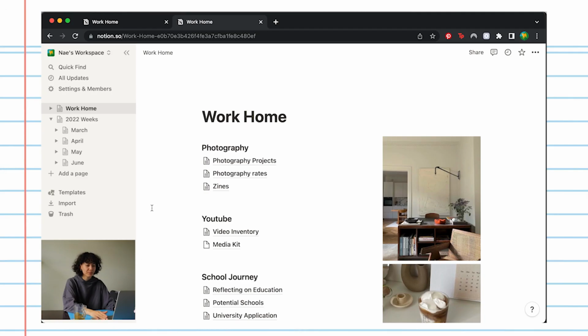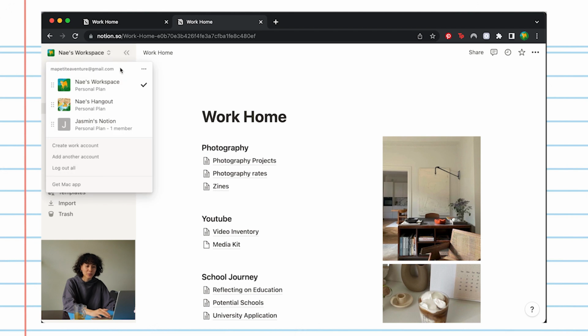The first thing I want to talk about, a super cool feature about Notion, is that you can actually have multiple spaces. So if you go to the top left corner here, you can toggle between your different spaces. The first one, the one we're in right now, is my work sort of office space. This is where I have all my serious work things.